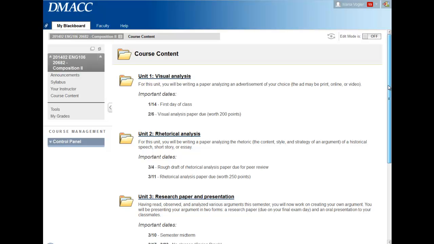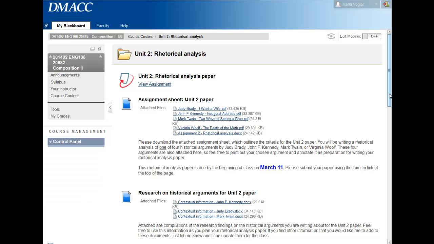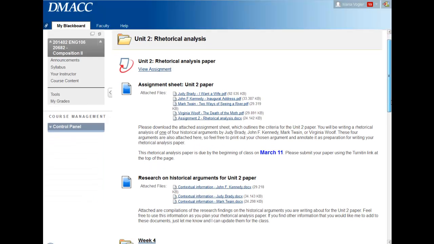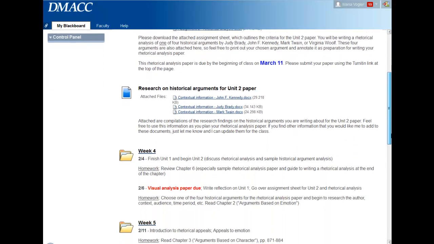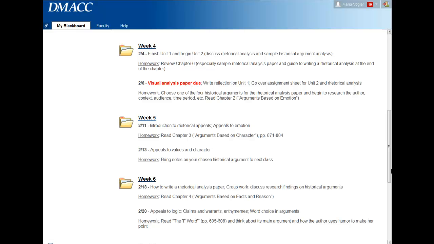I have everything broken up into units. So if we look at Unit 2, for example, you can see that I have the assignment listed as well as the link that students will use to submit their paper. And then if we go down, I have all of the weeks organized so that students know what we're going to cover in class each day, as well as their homework assignments. And then I typically have the major due dates or class holidays in bold